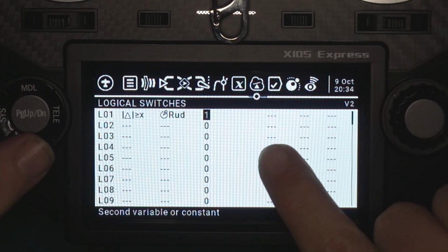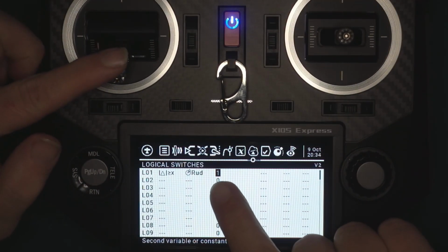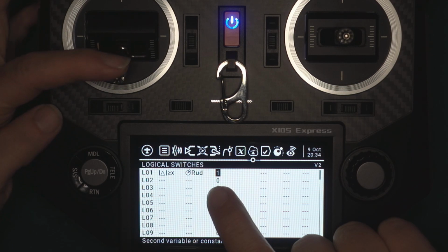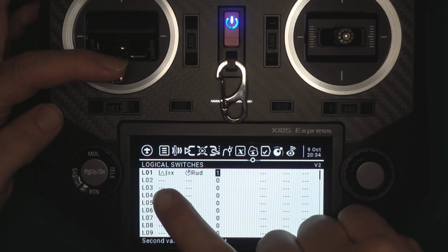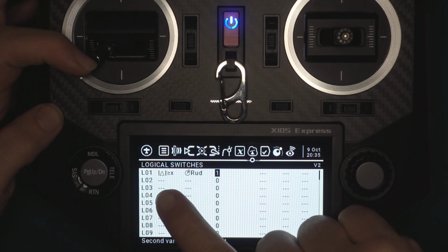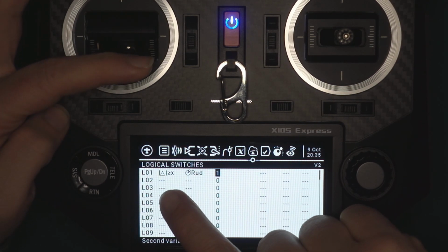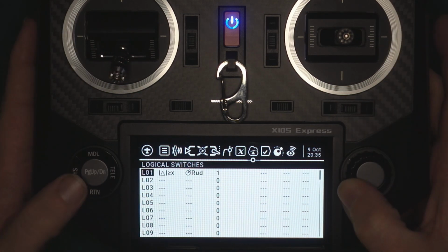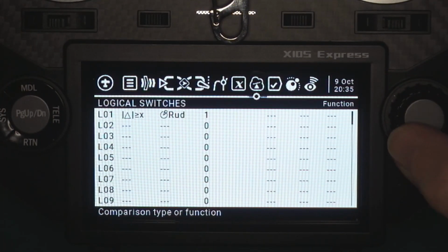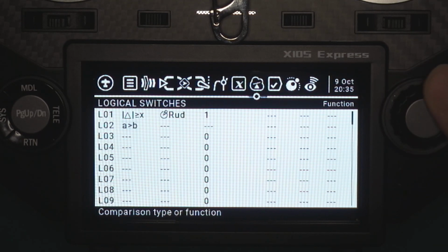Now what this will do is detect movement. So if we move in either direction, you'll see it quickly activates the logical switch. If we keep moving, it stays active, but as soon as we stop moving, it deactivates. So now we're going to create a second delta that's exactly the same type,